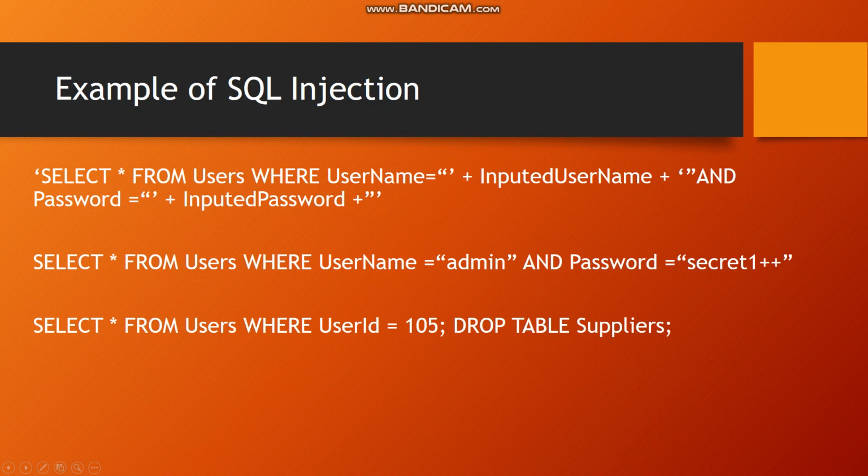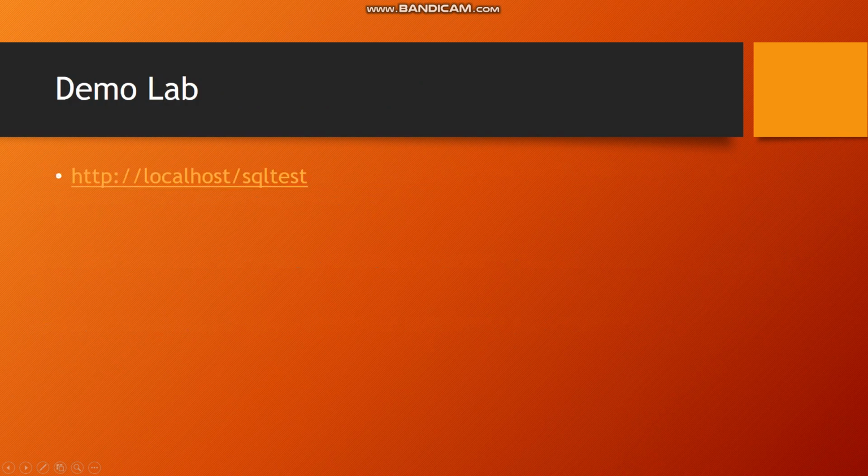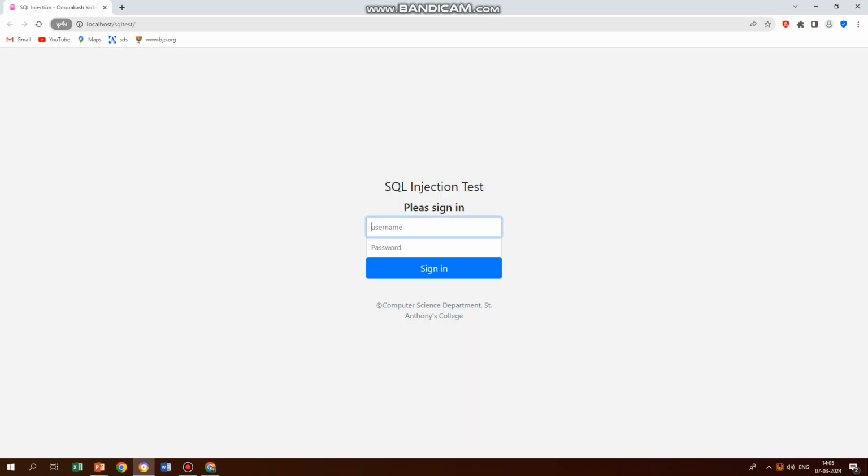All right, so I have just created a lab for this. Let's go to it. I'll just open the lab. Okay, so I've just created a small lab here where you need to give a username, and in the second column, in place of password, we are going to give an email. Okay, so let's give an example. Suppose we give a